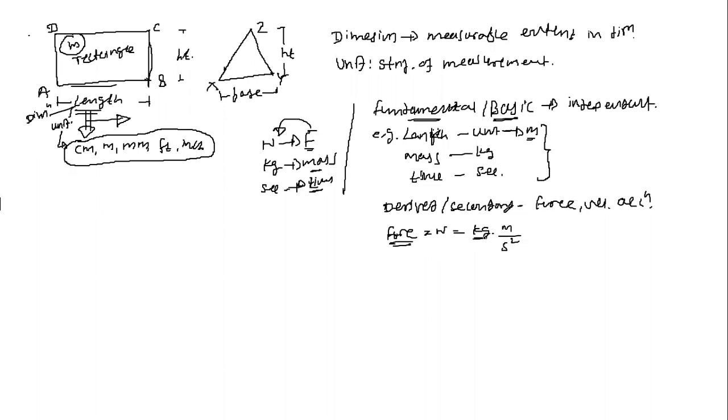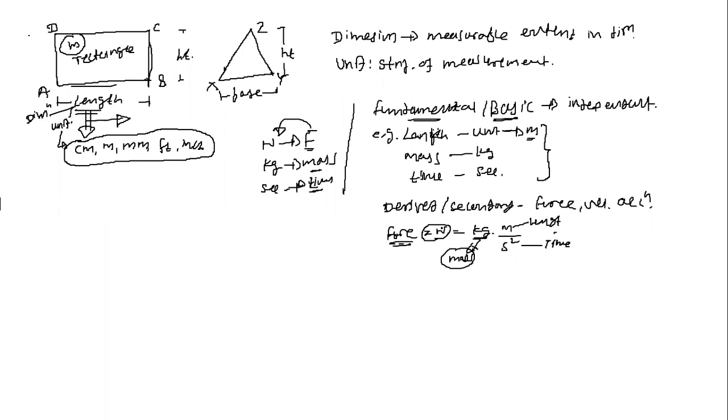That is kg. Kg is the unit of mass, which means force is dependent on the mass. Force is dependent on the length, whose unit is meter, which you have written here. And the third one is time. It means the force is dependent on the mass, length, and time. A proper combination of length, mass, and time gives us the force and its unit.